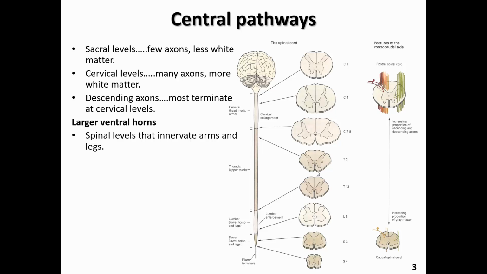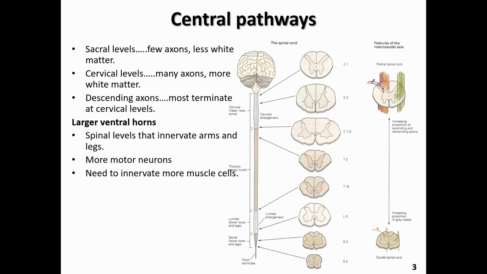But when you move to the thoracic levels, you don't see those large ventral areas comparably to the dorsal region of the gray matter. And that pattern reverses once again, not as profound as we saw with the cervical levels, but at the lumbar level, we start to see an expansion of those ventral horns once again. So the expanded ventral horns reflect that there are more cell bodies of those motor neurons, and that makes sense